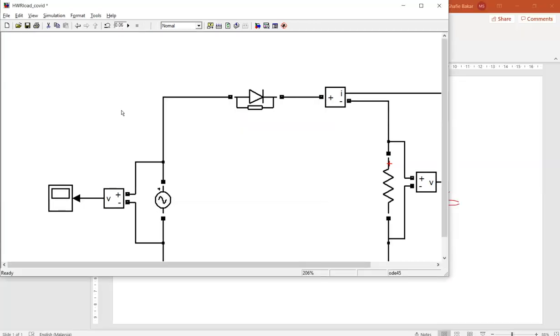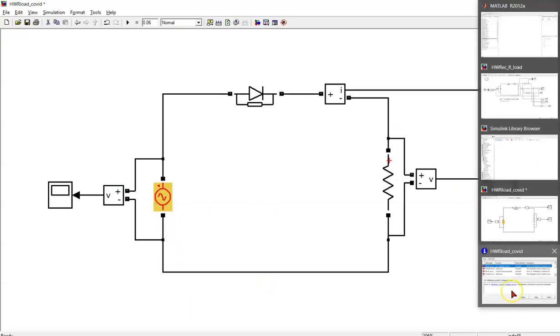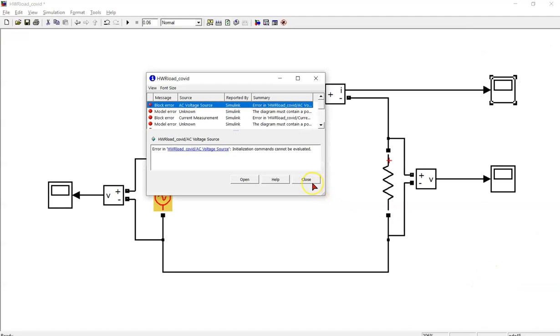Okay, it shows some error here. It says that the initialize command cannot be evaluated. So what you need to add